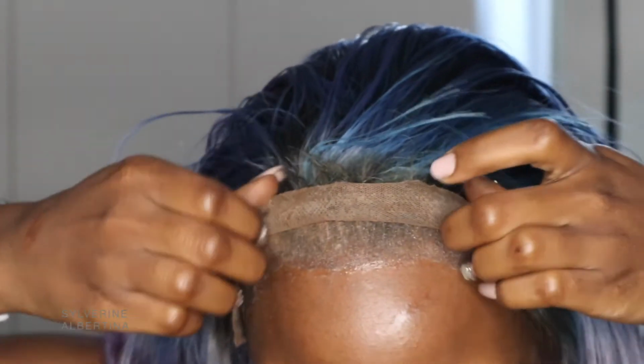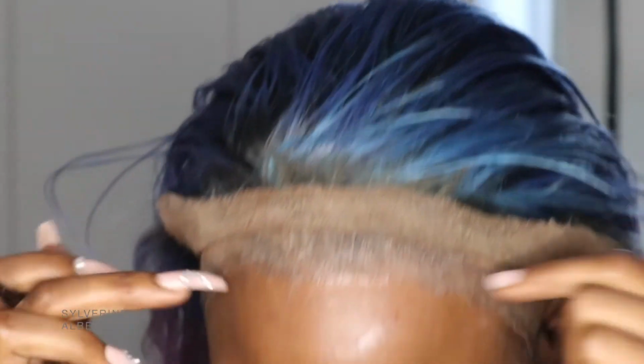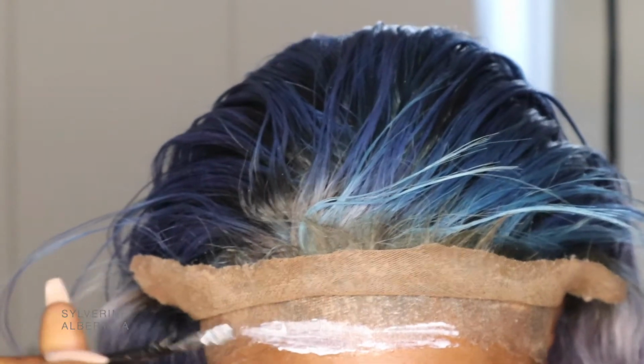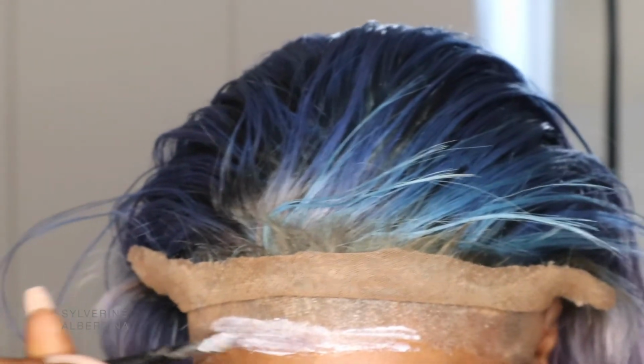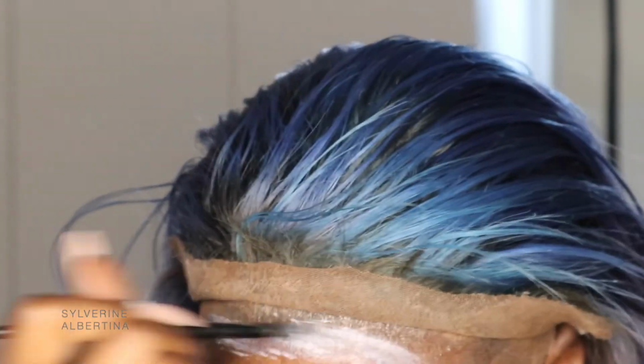But yeah, once you locate how you want to lay your wig, for the most part, then you start gluing in sections. I like to do 3 sections, so like this, this, and this. I'm being kind of liberal with the glue, just because it's the second layer, and I want it to stick really well. Okay, so once you have your glue like that,